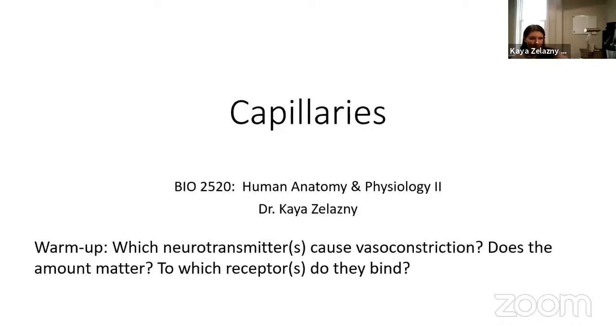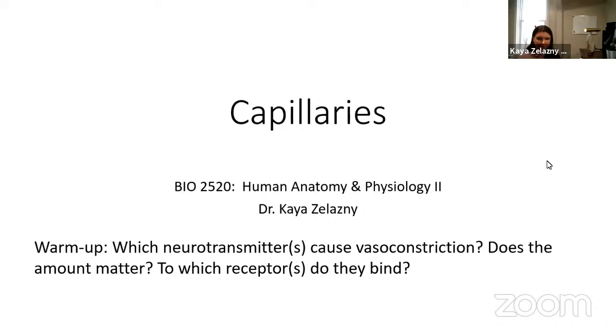Okay, so this question is really just a short refresher on arterioles, and specifically on our understanding of vasoconstriction and vasodilation versus receptor types and neurotransmitters, because I know that was a bit of a hefty topic. We have a little more hefty, mathy topics coming up today as well, but I want to make sure that we got this receptor